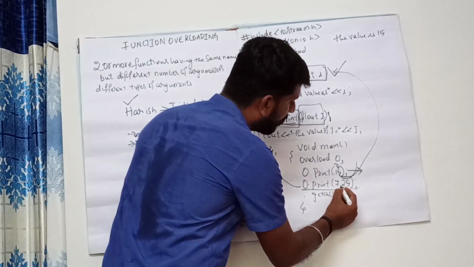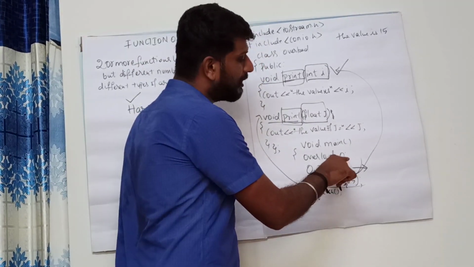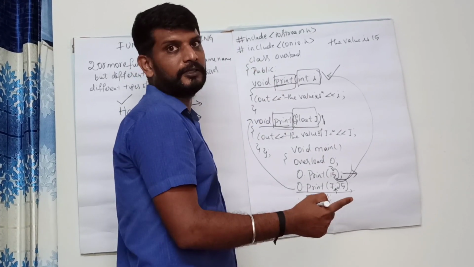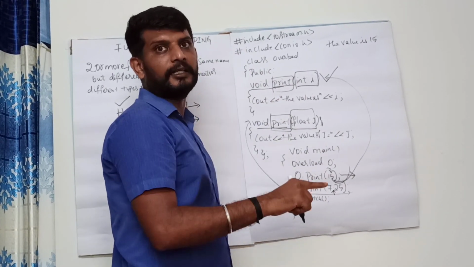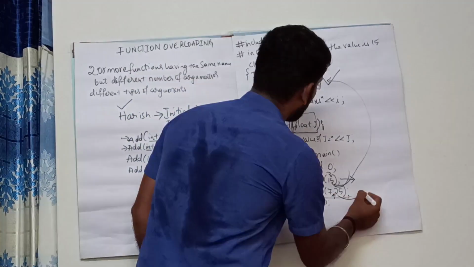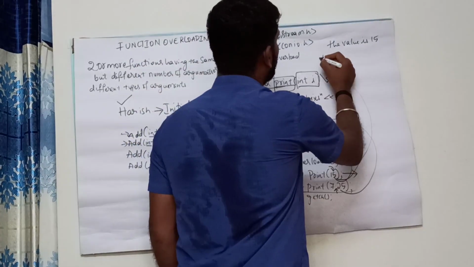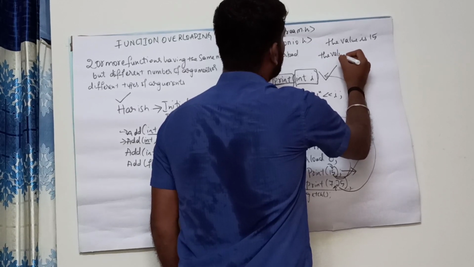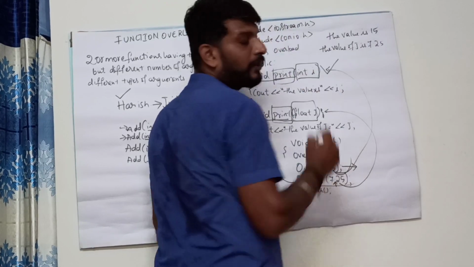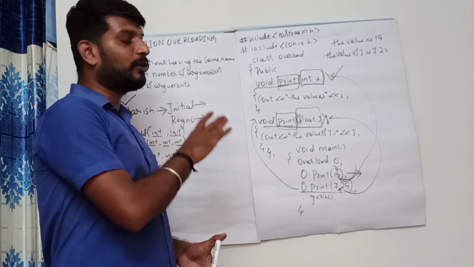So what it does, it will check for the type of argument. The type of argument over here is 7.25. 7.25 is a floating point number. So it will execute the function which is having the floating point variable as an argument. The compiler will go over here and execute this particular code, and you will get the output, that is the value of j is 7.25. So this is how exactly the compiler executes a program.